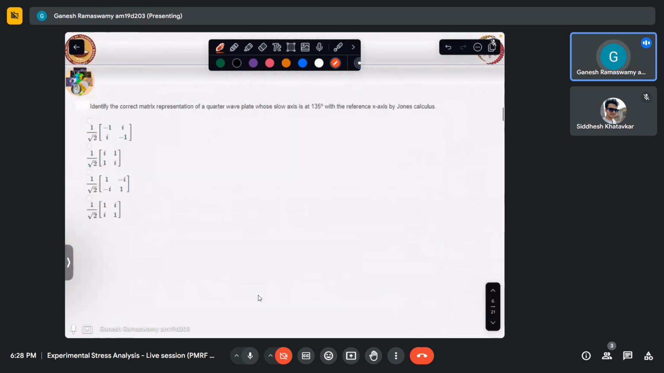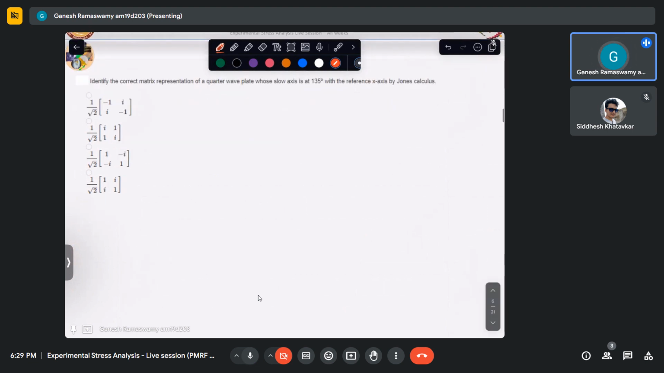Okay, so this says identify the correct matrix representation for the quarter wave plate whose slow axis is at 135 degrees with the reference x-axis by Jones calculus. Now we know that